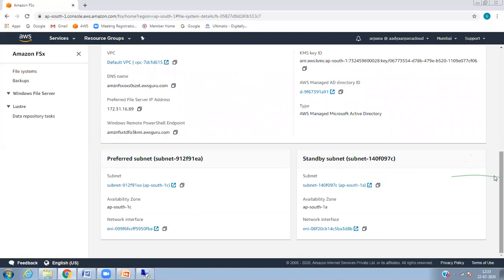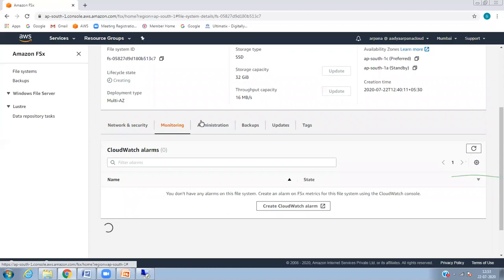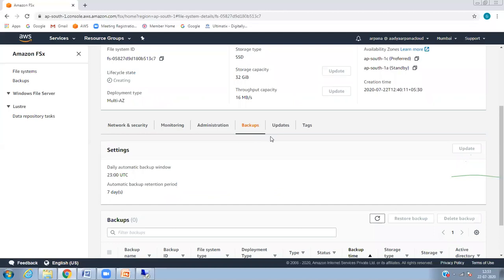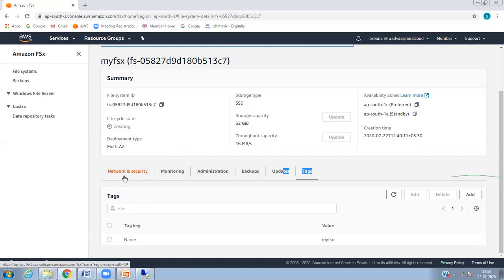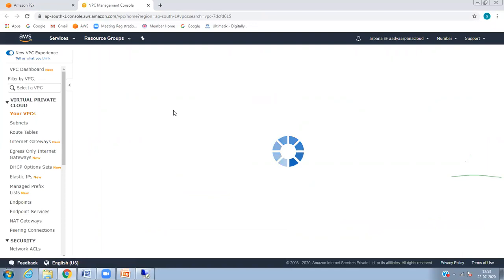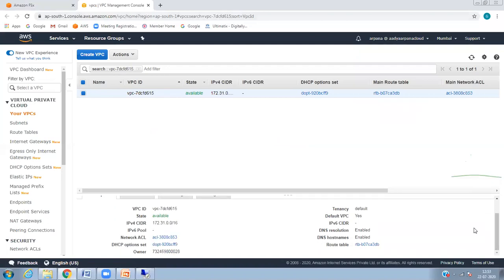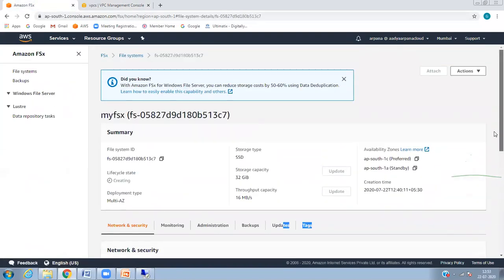Guys, one step I missed. I need to get the administration, backups, updates. I'm just waiting for one of the... I need file storage. Guys, one sec, if you don't mind.